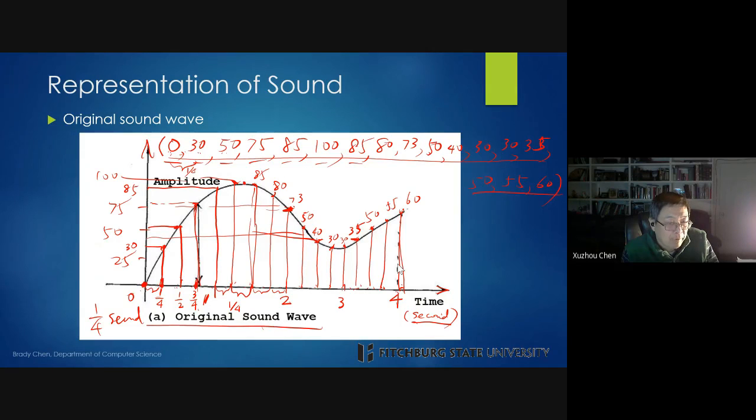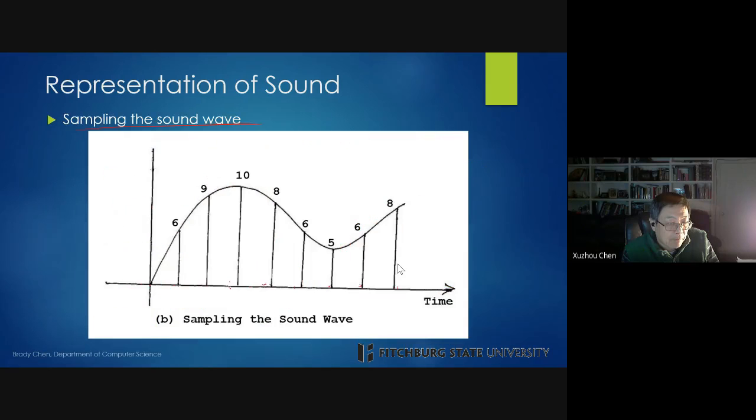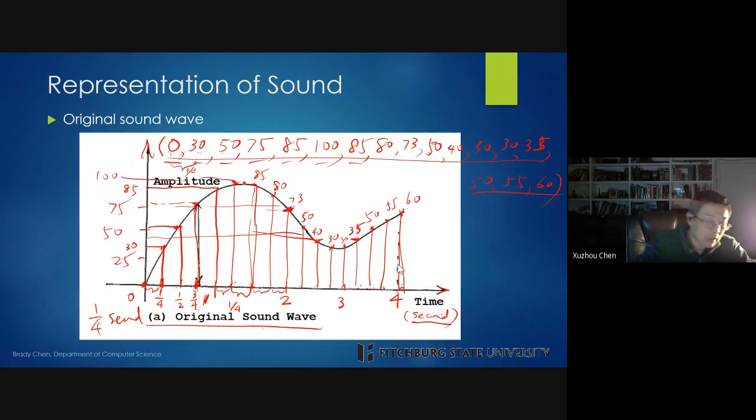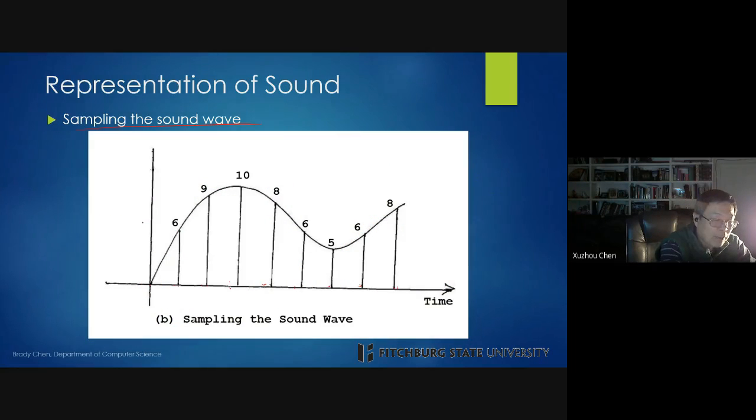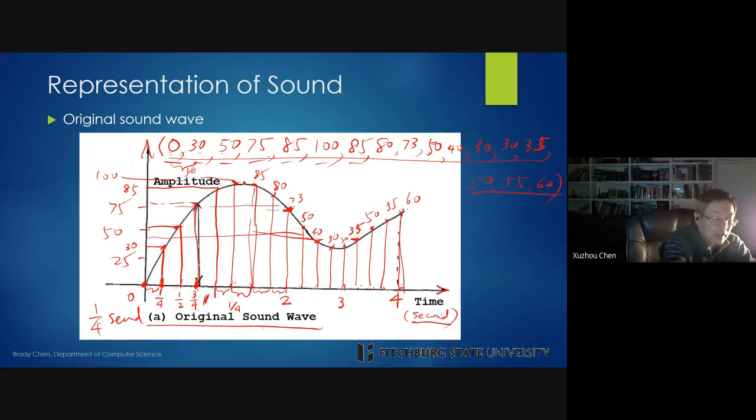Now this is called sampling. Now, how does the computer store these values? Let's first do it. Once you pick the sample here, I use different amplitude. Here I use 100. So if I use this sampling, then what I do is I store these